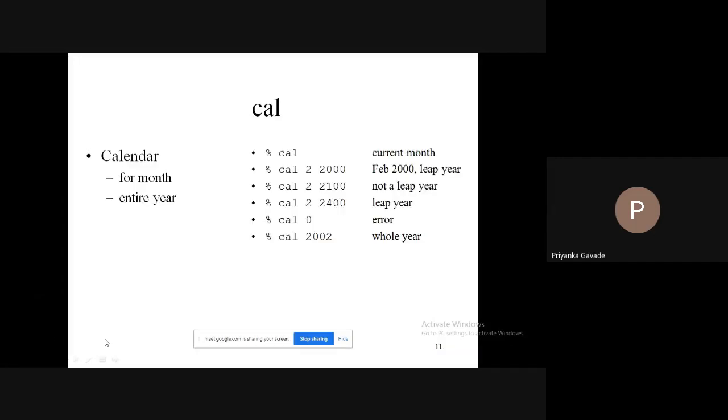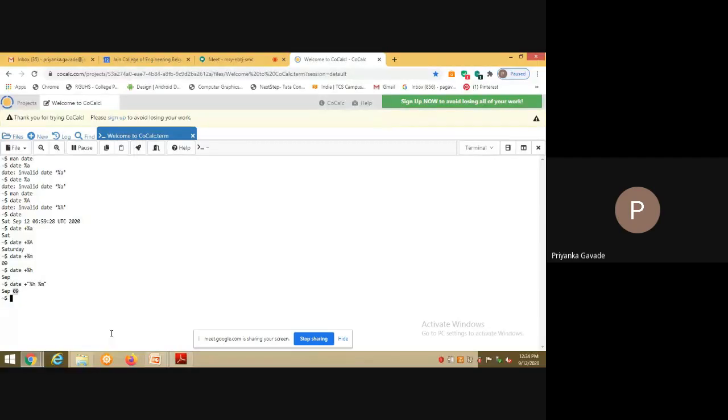Okay, so then the next command that we are going to see is cal. So cal stands for calendar, right? If I want to find out the current month, let us say, just give cal.